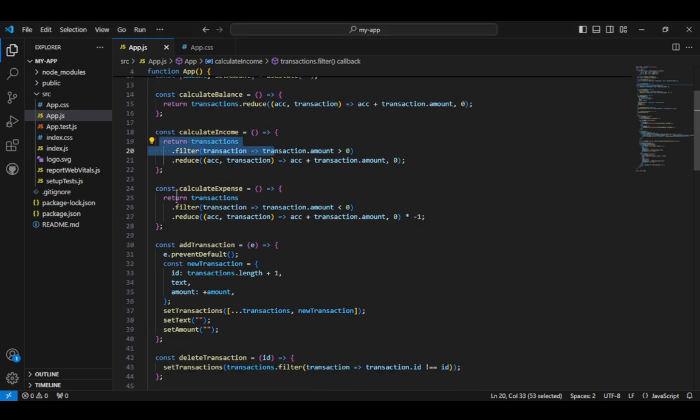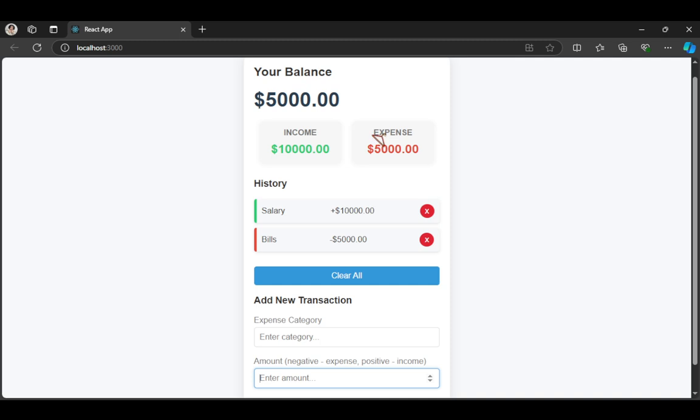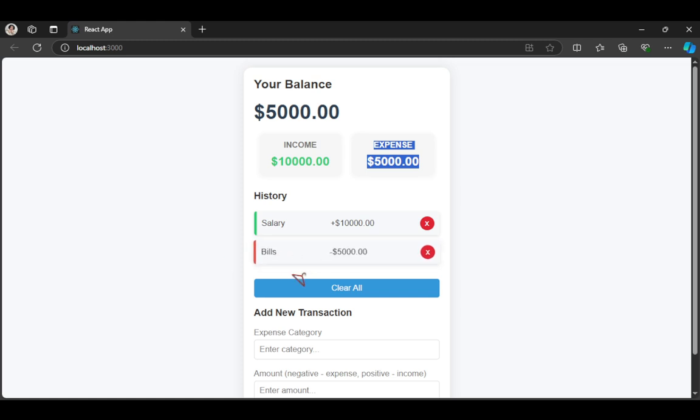So the expense function, calculate expense, calculates the total expenses by summing up the negative transactions, such as paying bills. If I add bills, I have negative 5k. It can add your expense. This is the total expense of your bills.